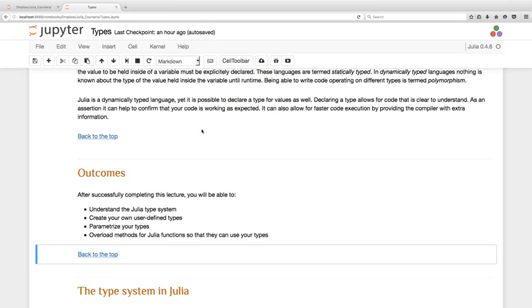Now that's very interesting. We have a value of 10, which is an integer. We have a value of 10.0, which is a floating point value. But we can create our own types in Julia, and that allows us to write some powerful code. I want you just to understand a specific kind of user-defined types where we actually parameterize the type. And then I want us to be able to overload methods for Julia functions so that they can use these